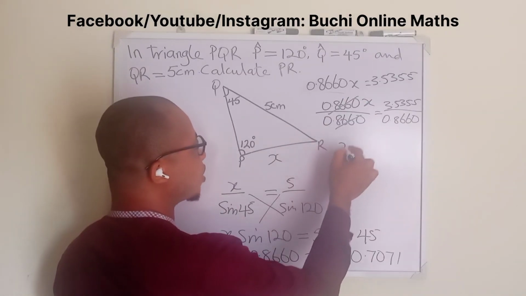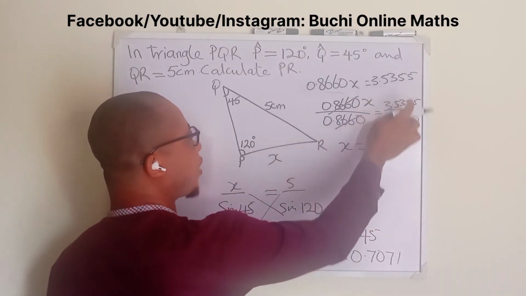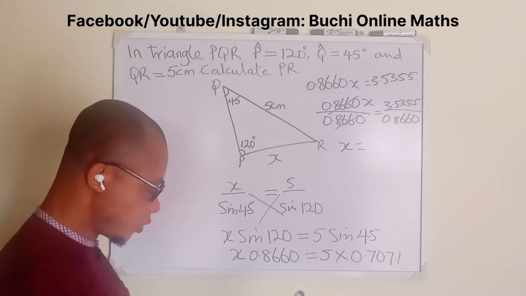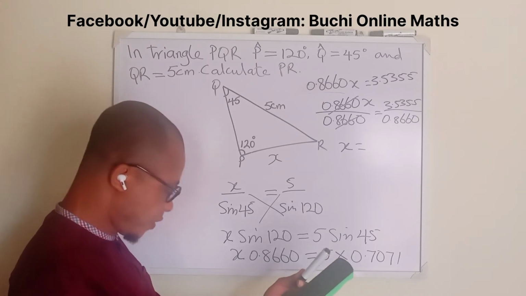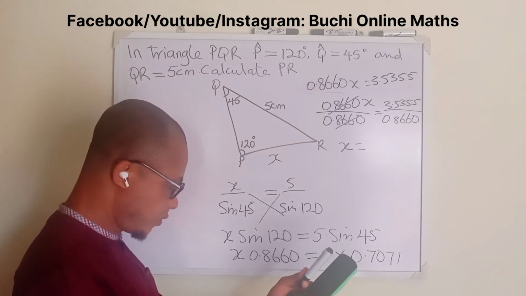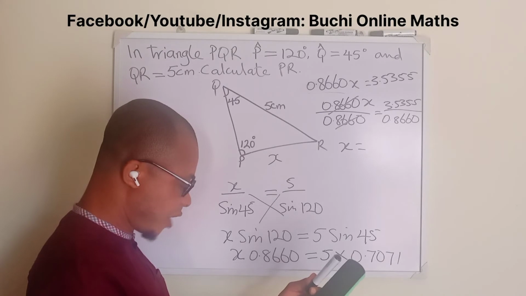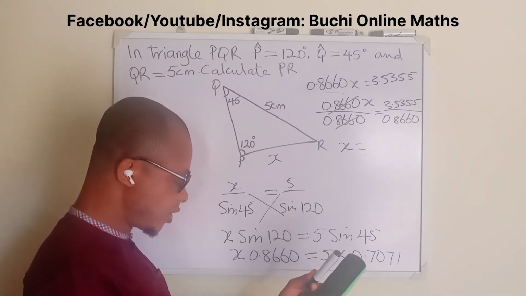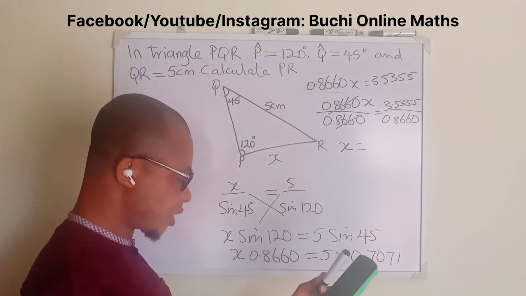We are left with X equals, now let's divide the upper one by the lower one. So we are going to have 3.5355 divided by 0.8660, and the answer is